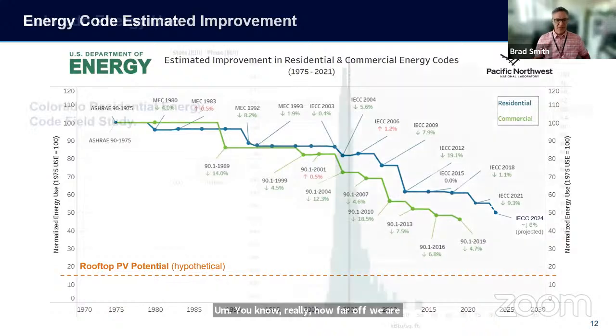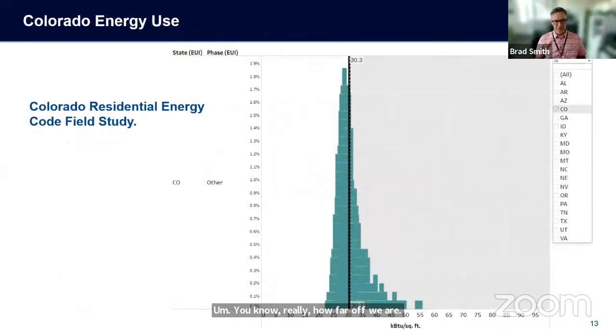Here's the good. If you aren't familiar with some of the work being done through the Building Energy Codes program, the state of Colorado has done residential energy code field studies.